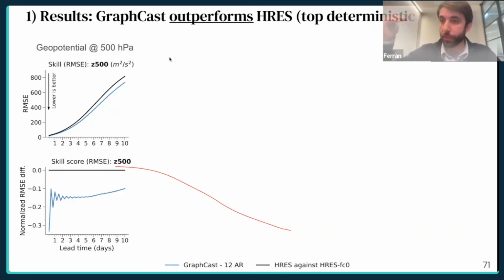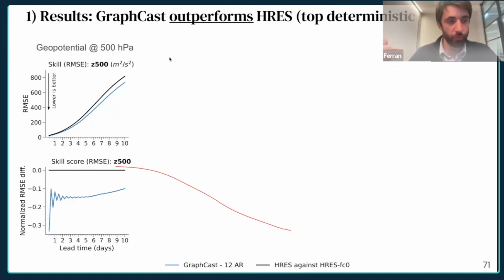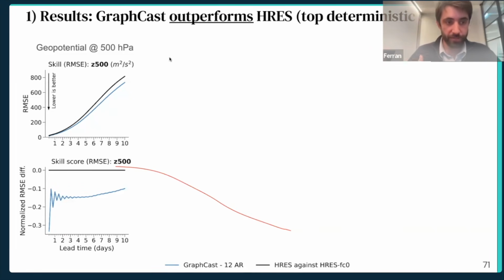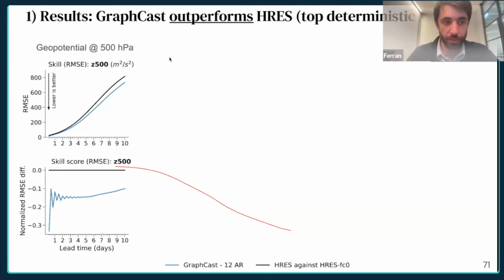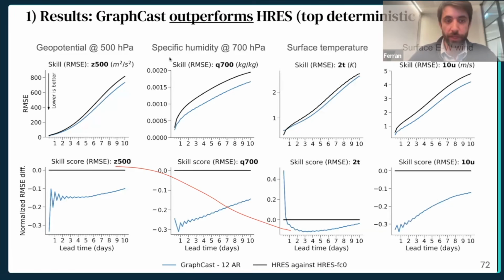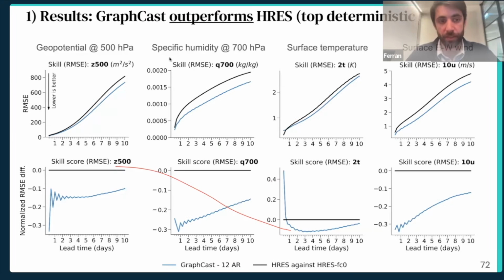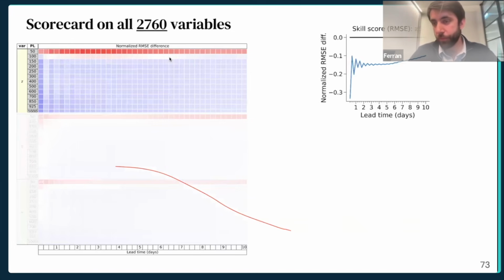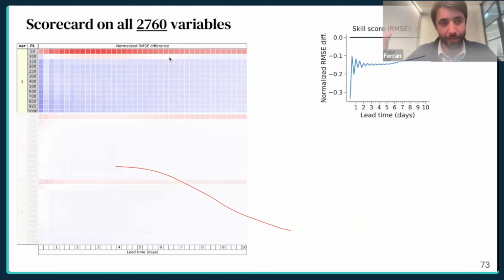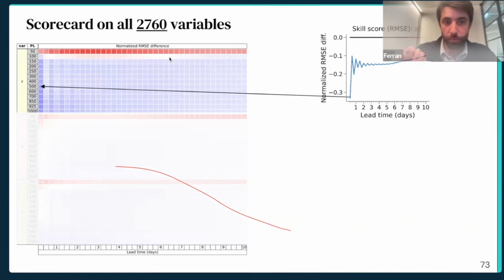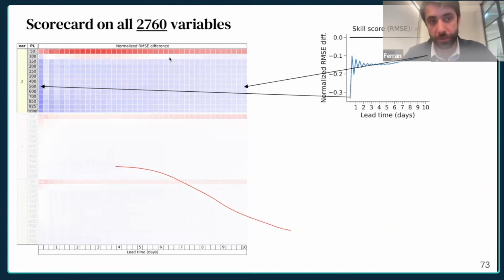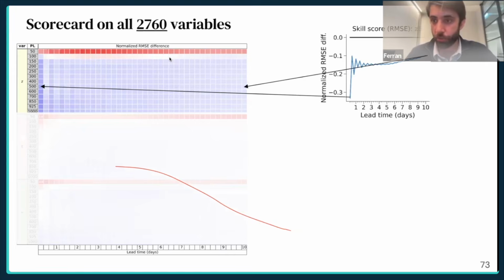So it makes sense maybe to think about the percentage of improvement. That's what we call relative score. And you can see that for this variable, we have maybe starting at 15% of improvement, and then maybe up to 10% of improvement at long range. But of course, there is only one variable. We can do that over very many variables. And there are so many variables that we really have to show them in colors. Otherwise, there would be too many plots. If the color is deep blue, that means we have a very big advantage. If the color is light blue, less advantage, and if it's red, we are worse.